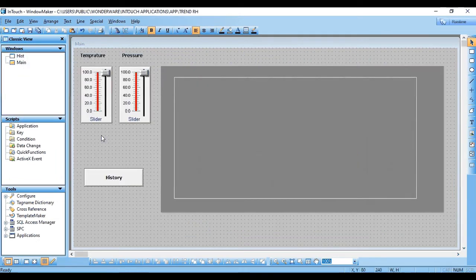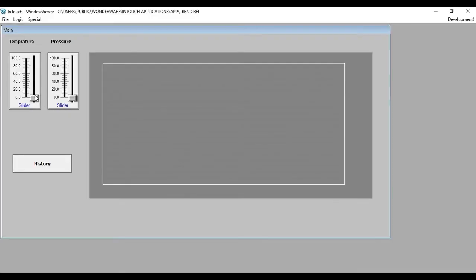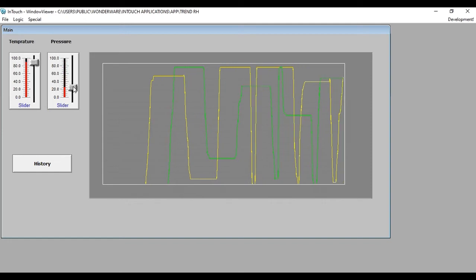So now let's add some lifetime value change. Okay, so our lifetime trend is displaying the lifetime value.